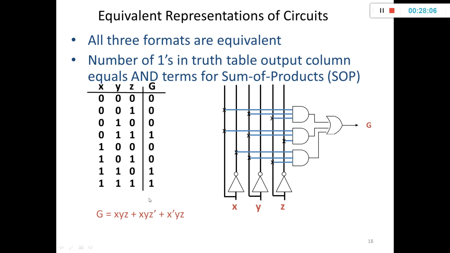So XYZ. Here I'll take an X, then I'll take a Y. Next I'll take a Z line from this, and then give a 3 input AND gate to this. Next similarly XYZ bar: X, Y, Z bar. I have taken these 3 lines, pulled them and then given them as an input to this 3 input AND gate. Next comes X bar, then Y, then Z. I've pulled them as wires and then connected them to the 3 input AND gate. So now the 3 product terms are ready.